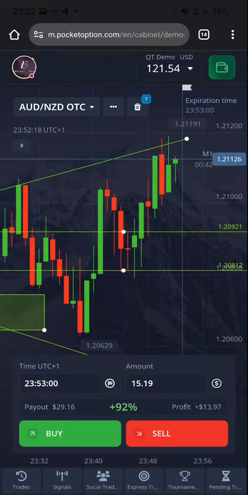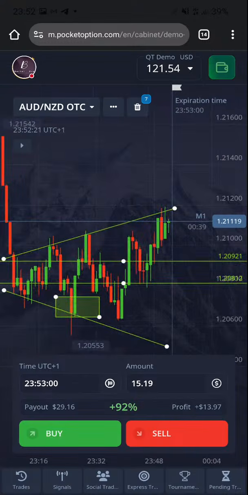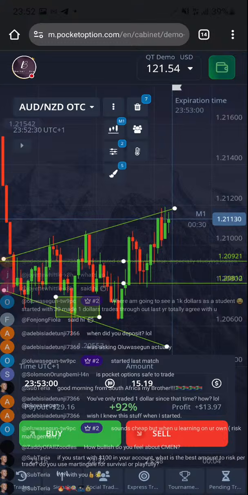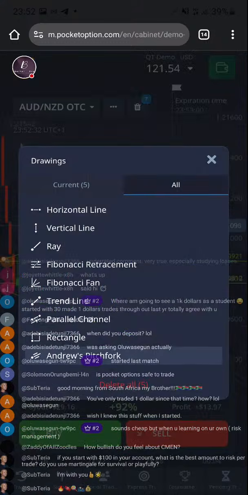For me, when I'm starting a trade, I don't even use amounts. I use percentage. I go with 12.5% of whatever balance I have. It doesn't matter if it's 1,000, it doesn't matter if it's 500. I will just go with 12.5% of it. So you understand now. That's how to calculate it.